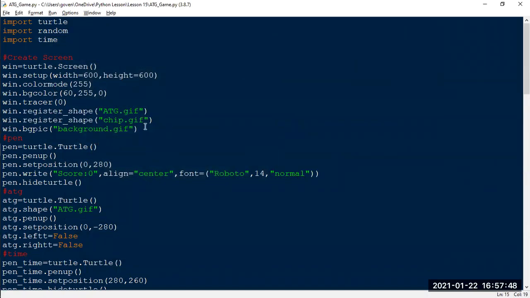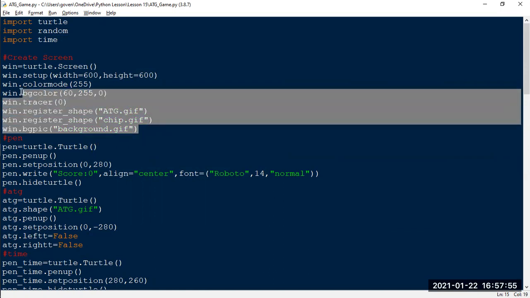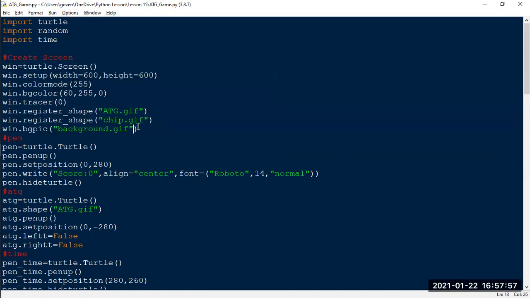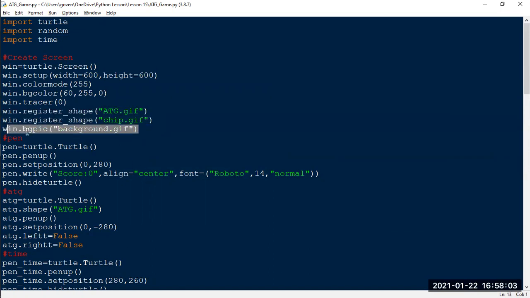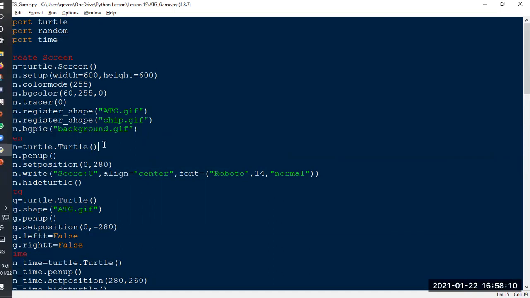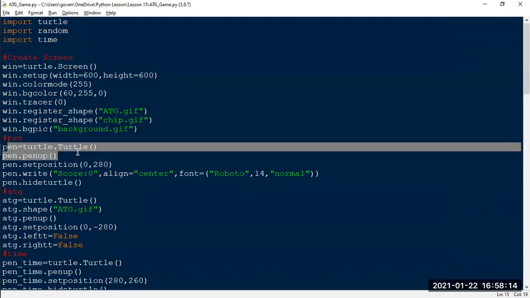So what I did first was I pulled up from yesterday's work that we had and put it into one folder. So we've got the window that's been created, the chips, and the ATG that's been registered as a shape. I've got the background picture, that's BG pic, and I set the background picture to background.gif, right? I've got the first pen turtle, and this pen over here is allowing me to write my score